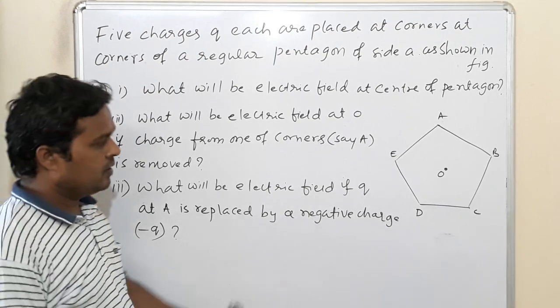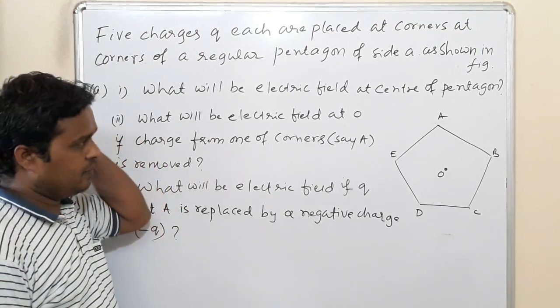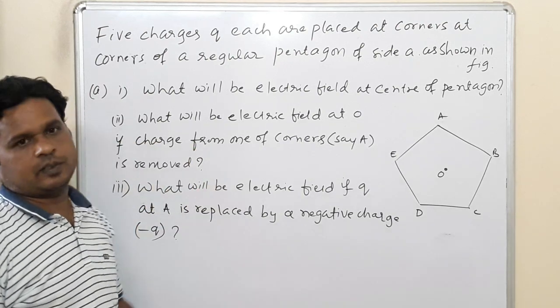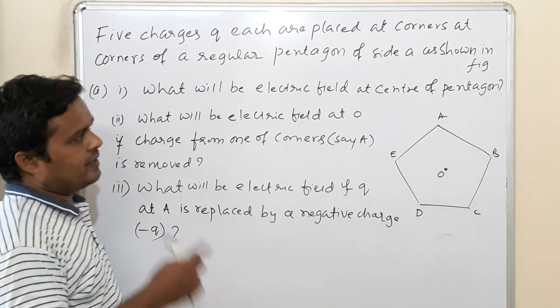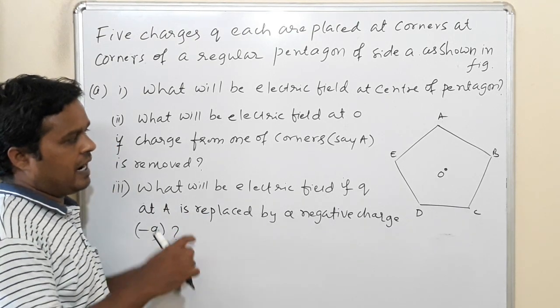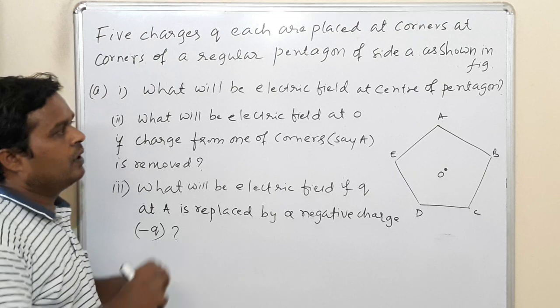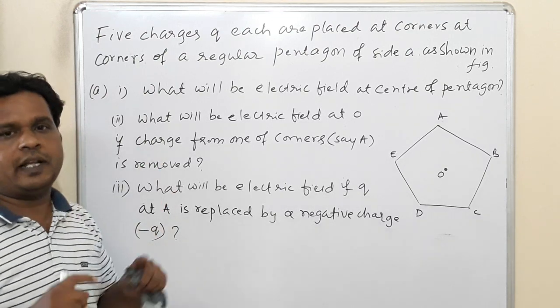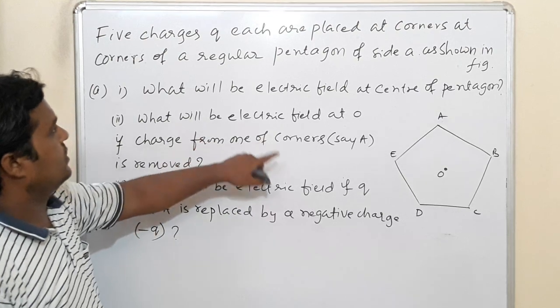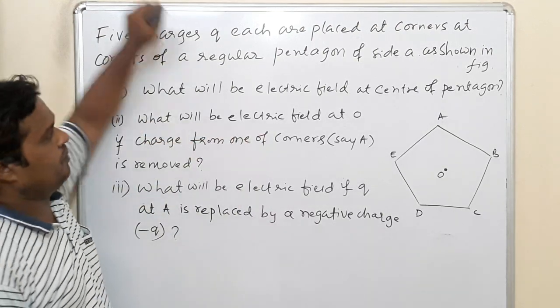Hello students, in this class also we will study some problems based on how to calculate the electric field due to a system of charge. Yesterday I told you some problems based on a triangle type of system, and if these charges are placed on the corners of a square like that. Today we will solve this. We will start with this example.